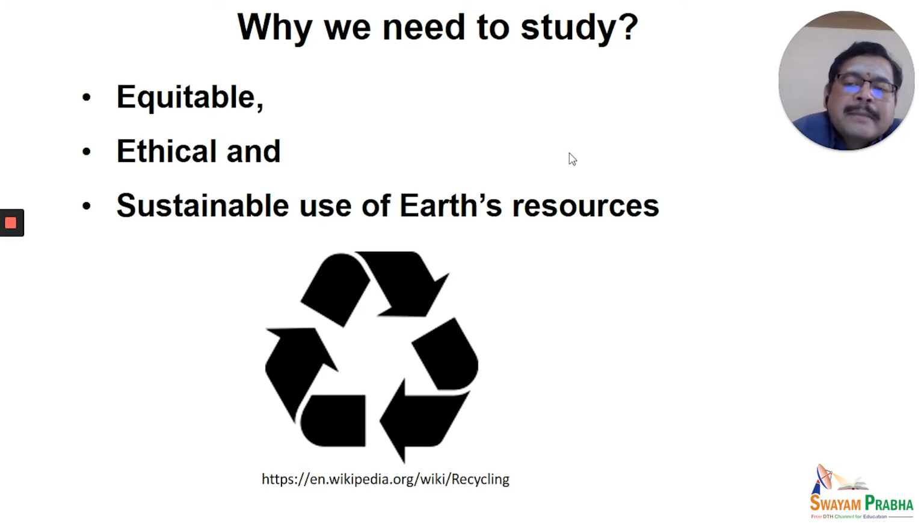We know that in some regions of the world we find resources to be abundant, while in some regions we find them to be scanty, very less. Hence, if the resources are distributed in a uniform manner, or rather, to use the term again, in a rational manner, then life becomes easier and sustainable development is possible.